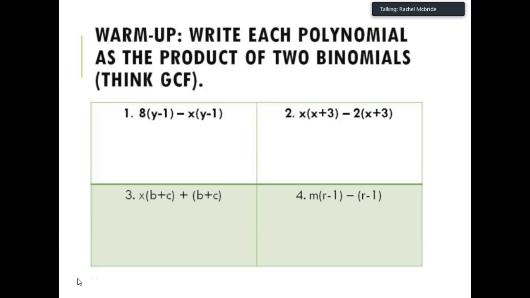All right, ladies and gentlemen, go ahead and take a minute and rewrite each polynomial as a product of two binomials. So what that means is you are looking for a GCF. So in example number 1, my GCF is y minus 1. So if you take out y minus 1,